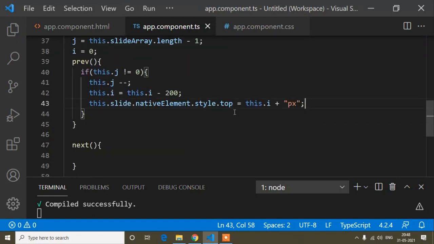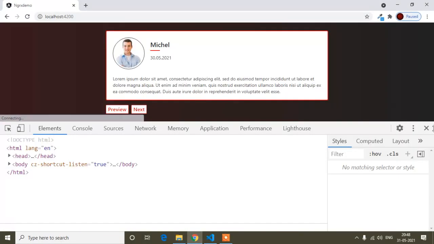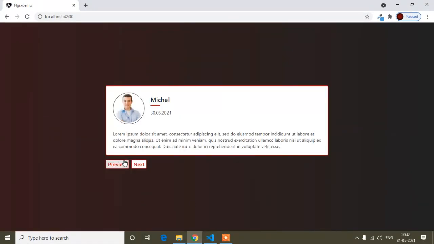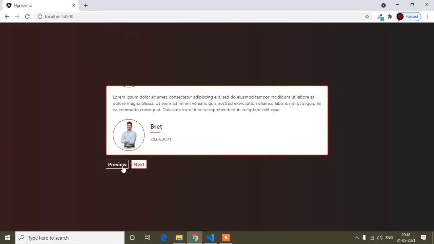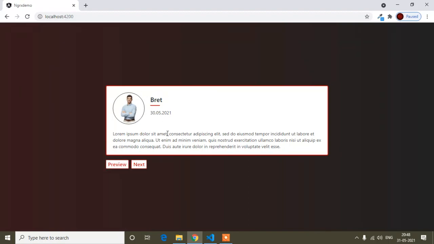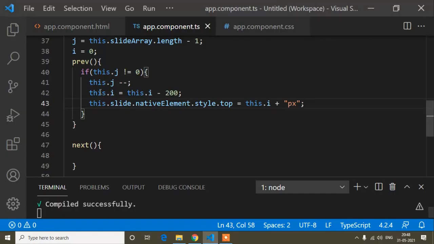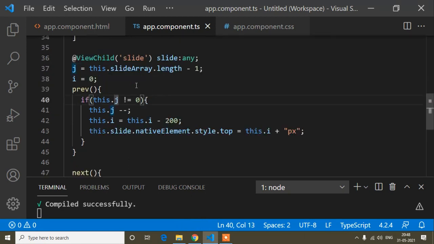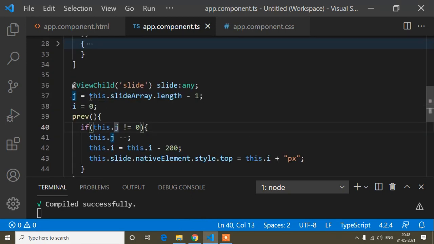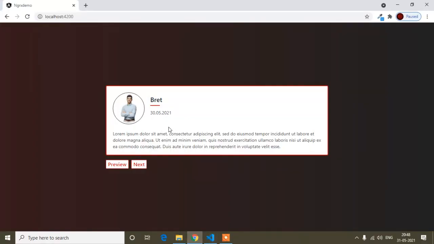So now if I save and check, first of all I will remove this one, and you can see it's sliding up to length minus 1. Because here I defined a condition inside, when j is not equal to 0, j I have defined as length minus 1. That means when it comes to the last one and I click the preview button, nothing happens.